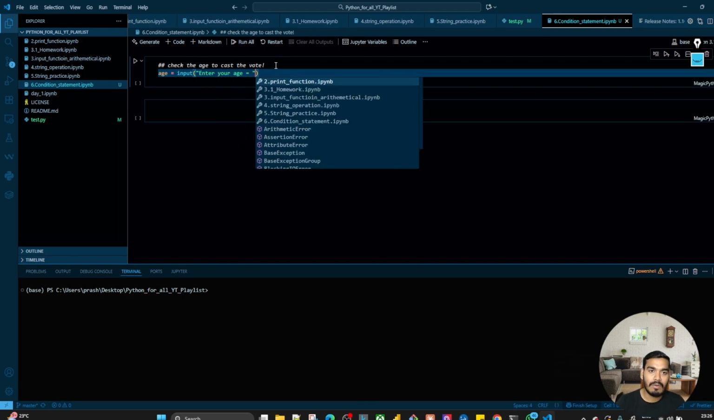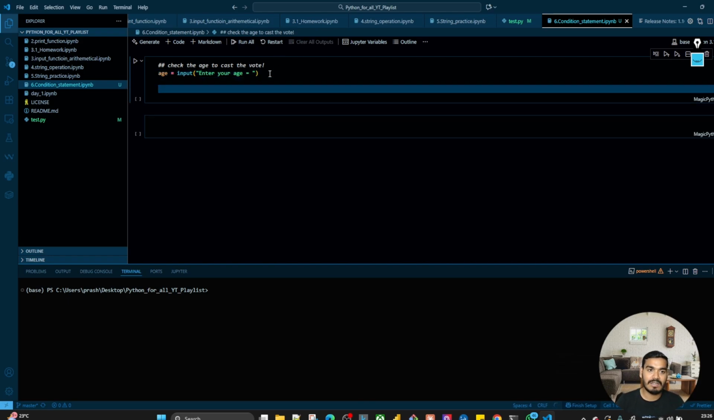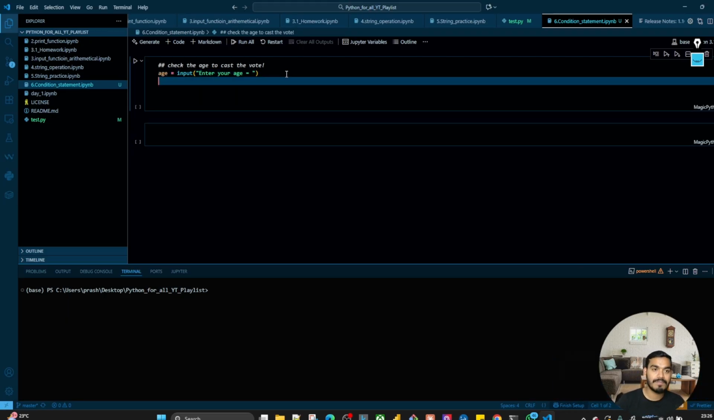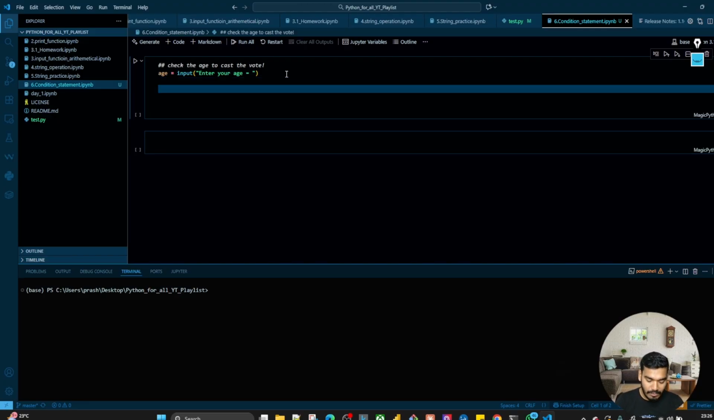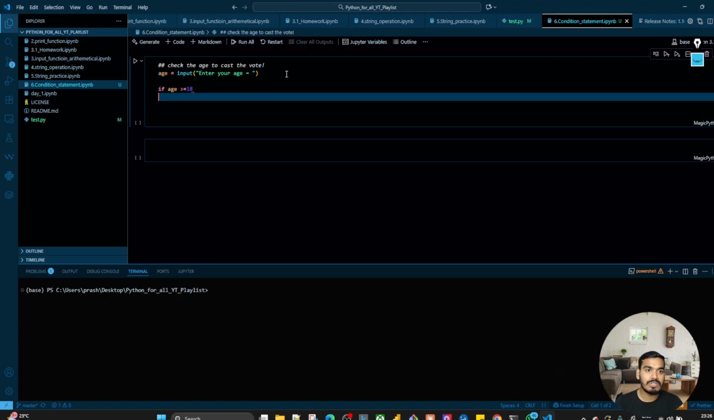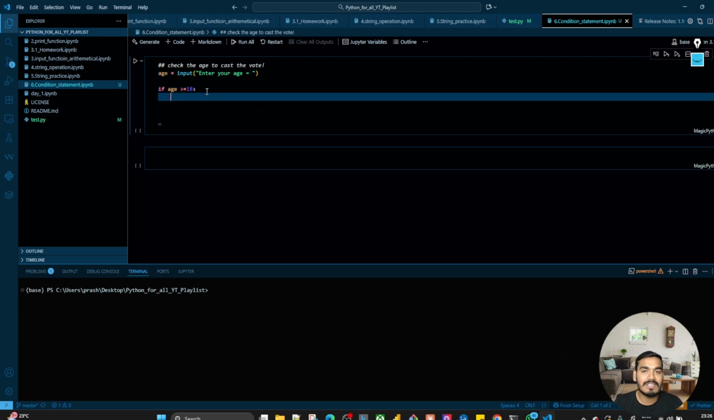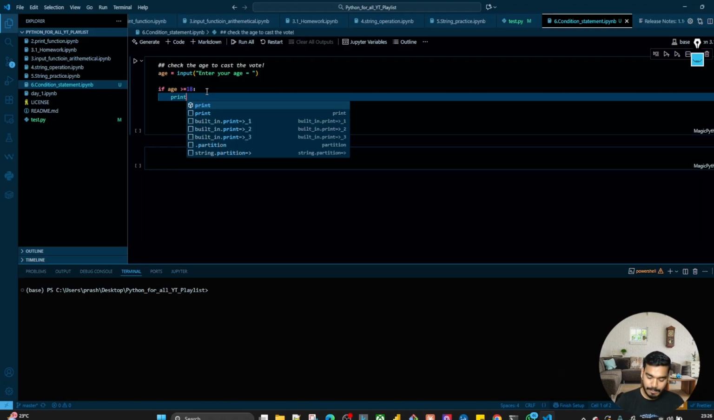Perfect. Now after this I want to check that age is greater than or equal to 18, then I'll write the colon over here. Okay, that is important. If you don't write this, it will start from the very left. But as soon as you write this colon and you enter, the indentation will start. And I'll write over here print